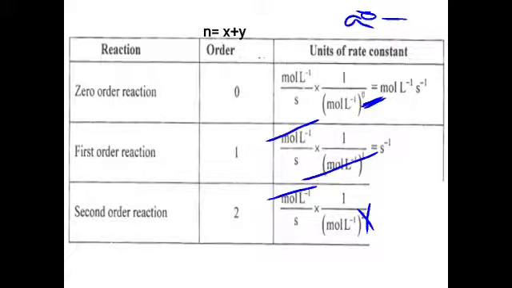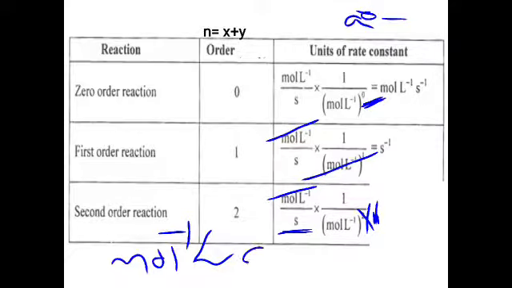When you have 1 remaining, this is in the denominator. When it goes from the denominator to the numerator, the sign will change, so it will become mole inverse. Remember, mole inverse, and liter inverse going up will become liter. Second inverse, 1 by S, was here only. So it will be second inverse, S to the power minus 1. This will be our unit. So it's mole inverse, liter, and then second inverse.